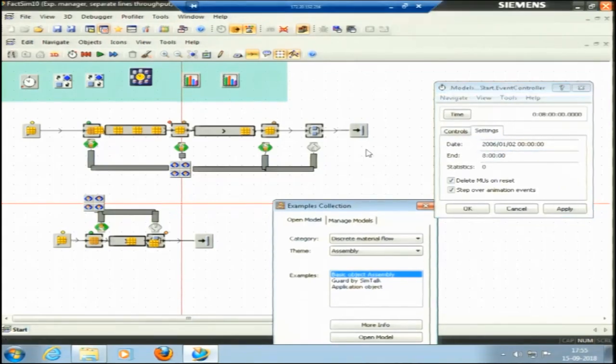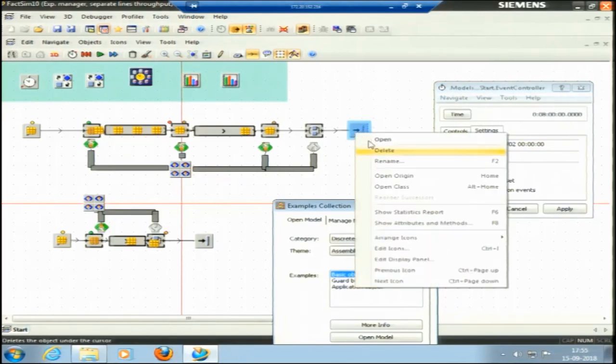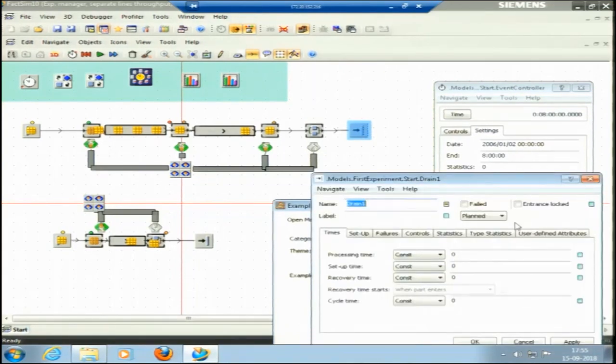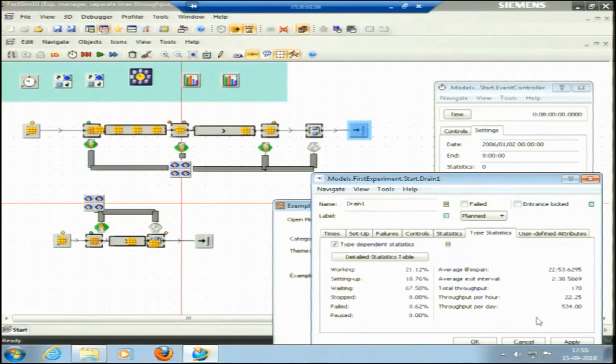I can see the throughput here. What is the total number of components manufactured in a day? This is throughput per day: 534 pieces, and throughput per hour is 22.25 pieces.